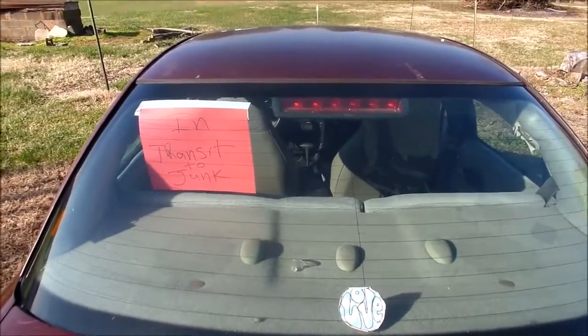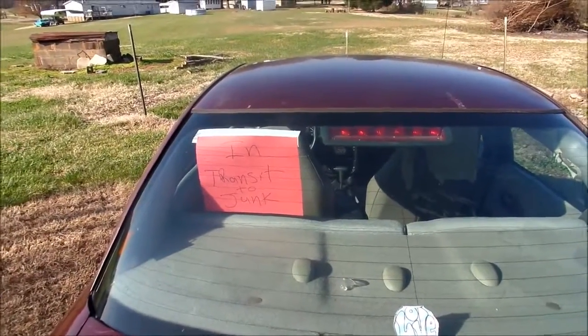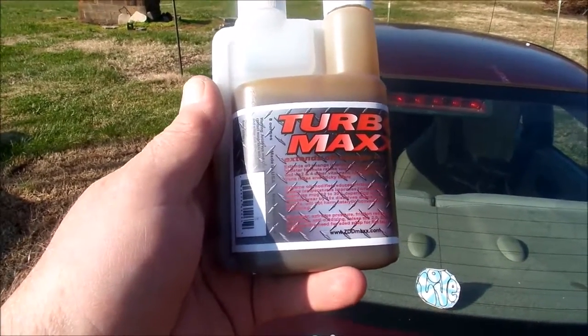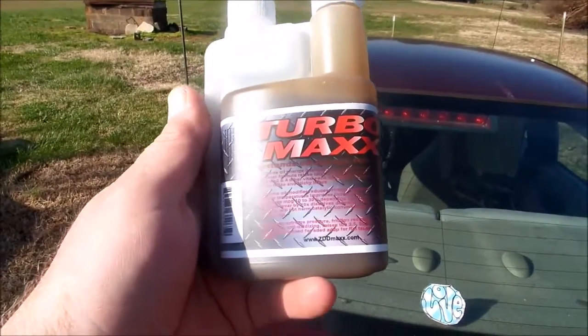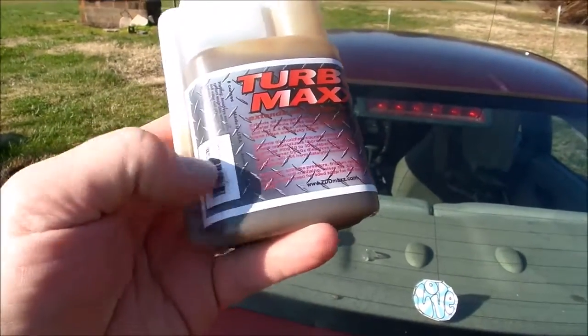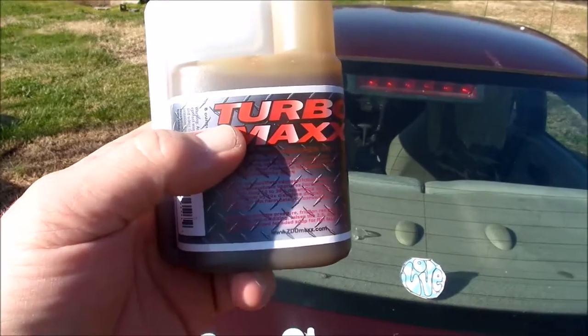Hey, I just wanted to show everybody the products that we're going to use today in this test. This here is the Turbo Maxx. This is an 8-ounce bottle of the Turbo Maxx. We'll only use a 2-ounce bottle of it. This is just one that we had sitting around in our